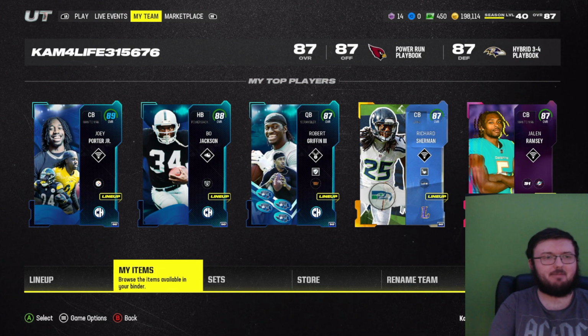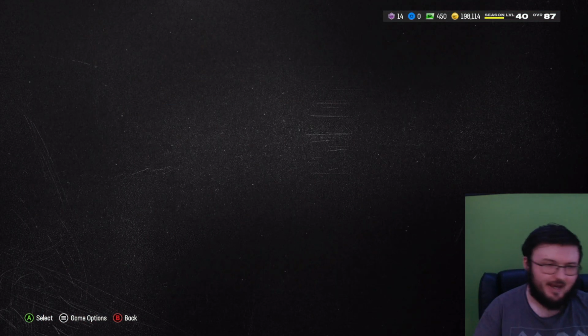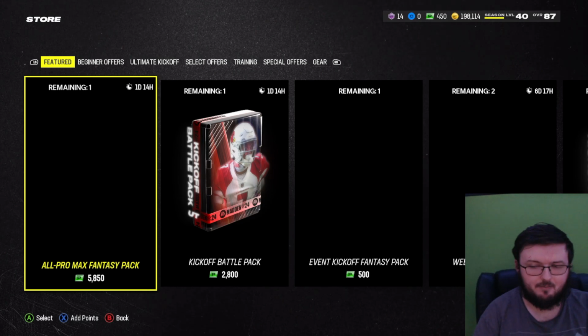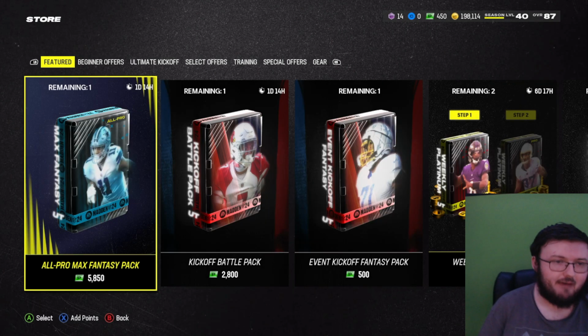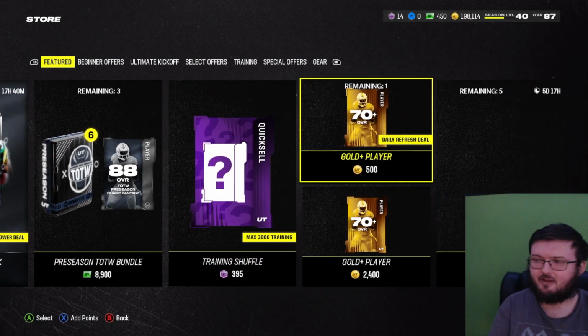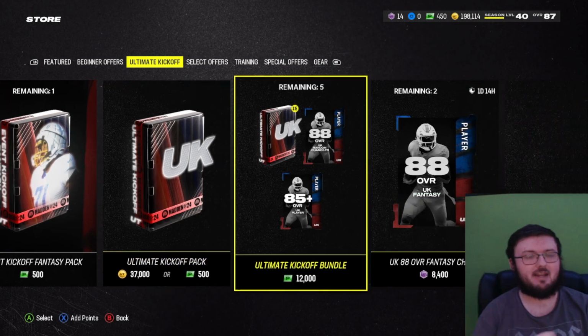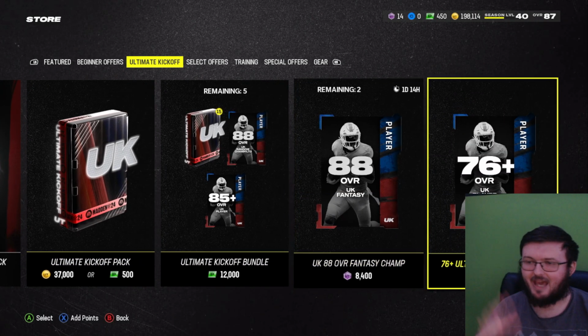Today we're talking about how to make coins off the brand new Ultimate Kickoff promo. So as always, whenever a new Kickoff promo or new promo in general comes out, the number one thing you want to do is take a look at whatever bundles are in the store. Not because we're gonna spend money, but because we want to take advantage of whatever we can when it comes to